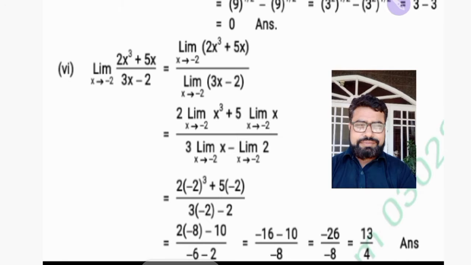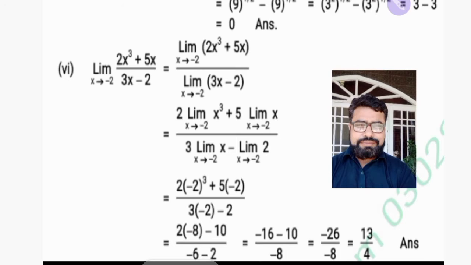If there is a rational function or two terms are divided, so we have to write limit with numerator and denominator. As there is limit x approaches to minus 2, so we will write limit x approaches to minus 2 with 2x cube plus 5x, that is numerator, and limit x approaches to minus 2, 3x minus 2, that is denominator. Now the first theorem and second theorem